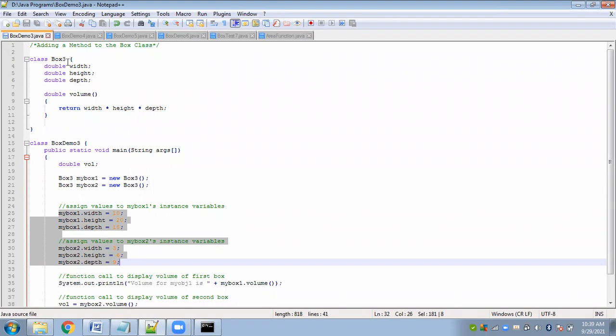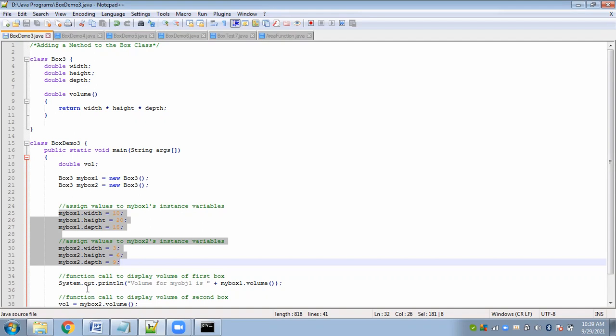In the next example, in order to minimize the task, instead of individually providing values to the data members for each of the objects, we have given this task to a method. मतलब ये मैं नहीं करूंगी, मैं कितना काम करूँ सब मैं ही करूँ क्या? तो मैं क्या करूँगी? What I'll do is I have given the task to a method. What I'll do is I'll simply call the method.